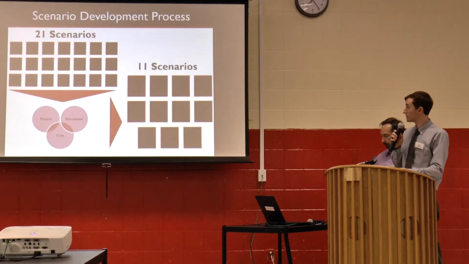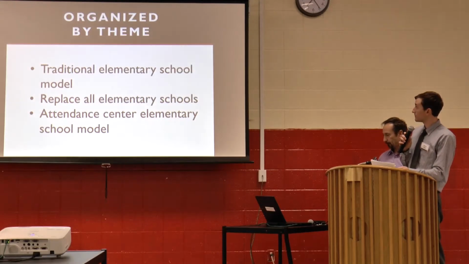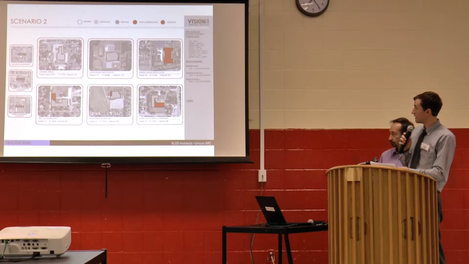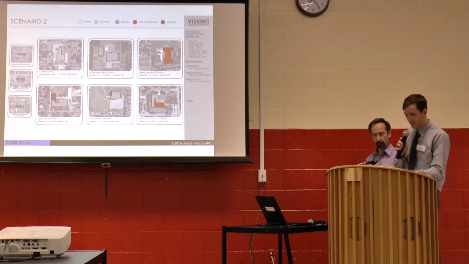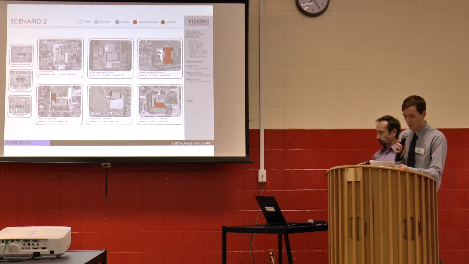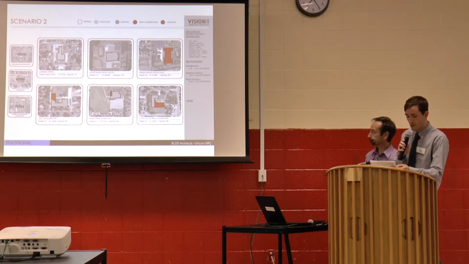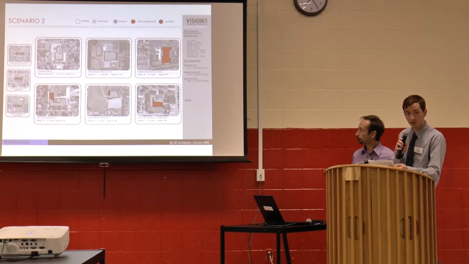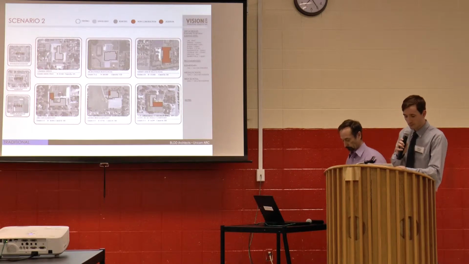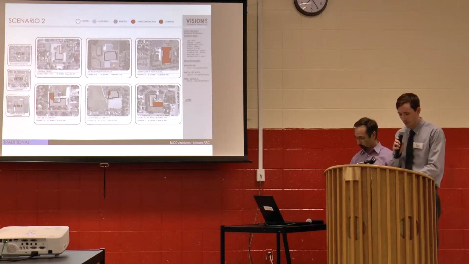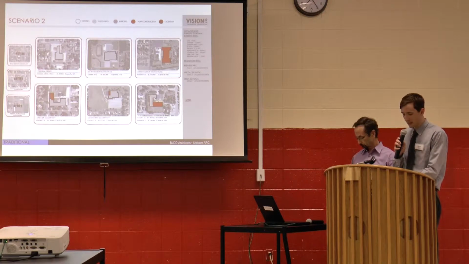In scenario number 2, the high school would be receiving the physical needs assessment work as well as 21st century work to upgrade for future flexibility. There would be a new junior high on the existing Turner Junior High site, which would house 6th through 8th grades. There would be additions, physical needs work, and 21st century upgrades at Lincoln, Eisenhower, and South, creating K-5 at each of those three. Lastly, central office would house pre-K and have P&A work, and the remaining facilities would be retired.